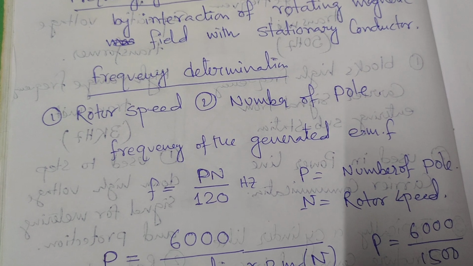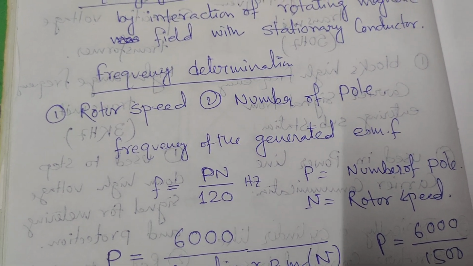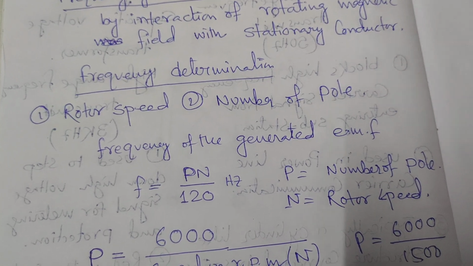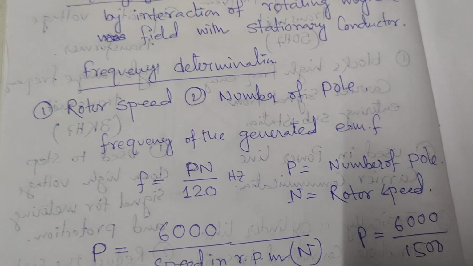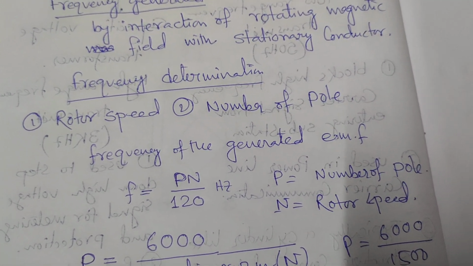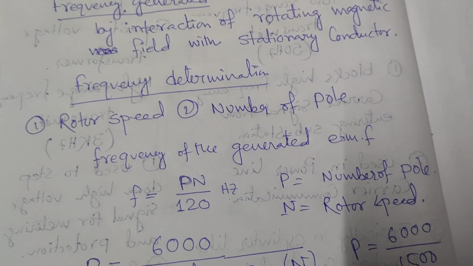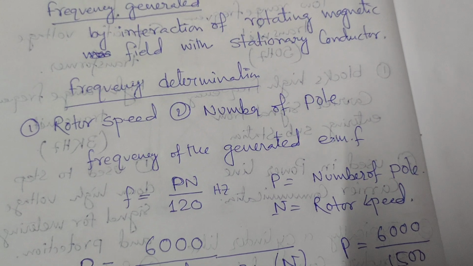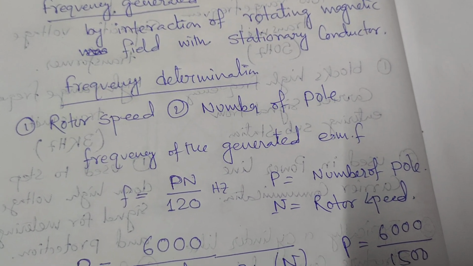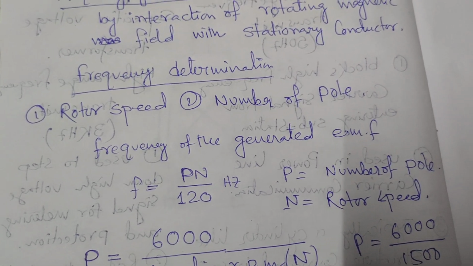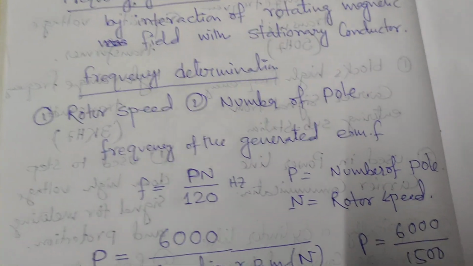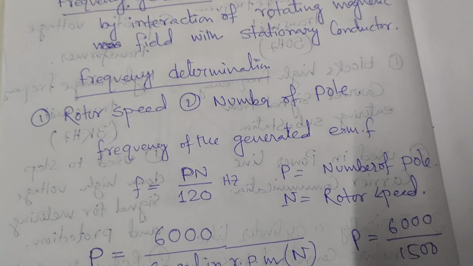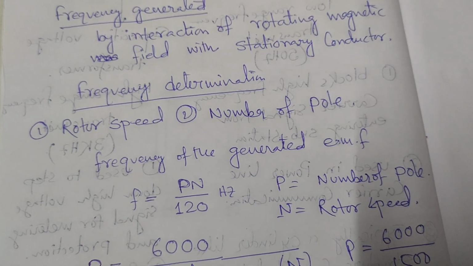They are controlling their 60 Hz power, and with the help of the 60 Hz power, all the insulation of the equipment is connected or insulated with 60 Hz capacity. In India, we maintain 50 Hz capacity. So if we discuss frequency determination, the formula we have to remember is F equal to PN